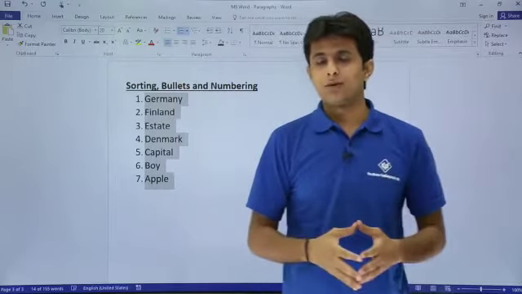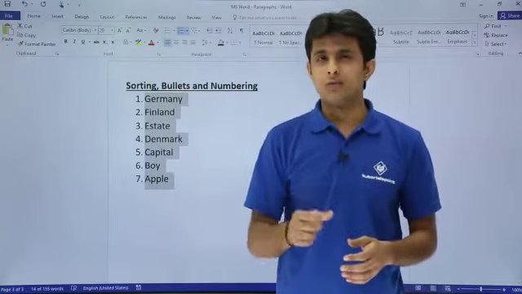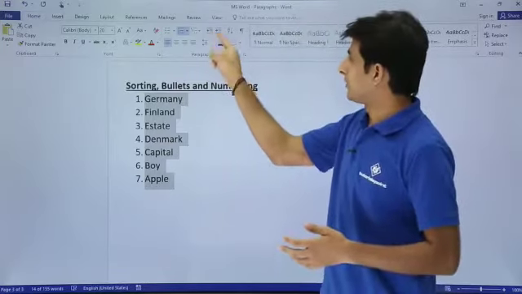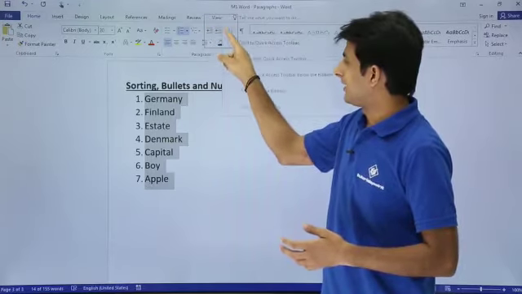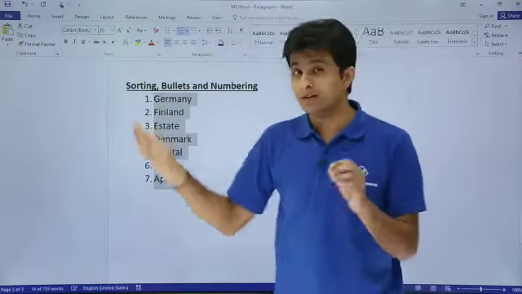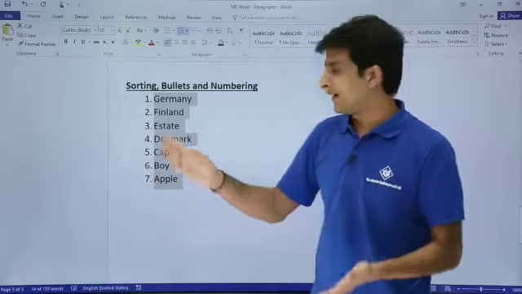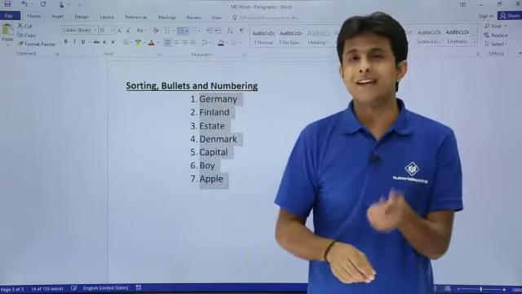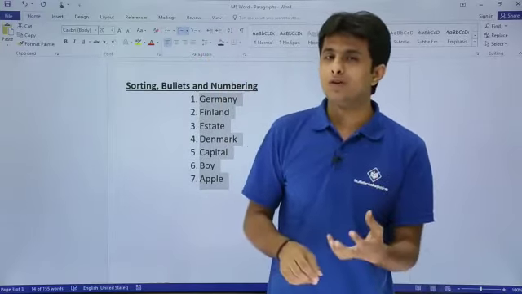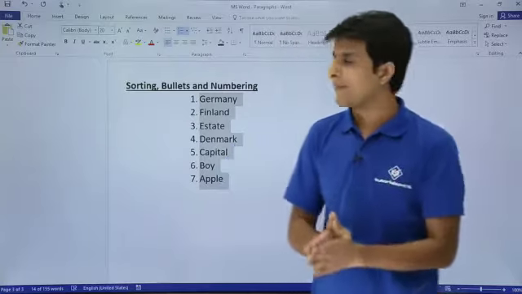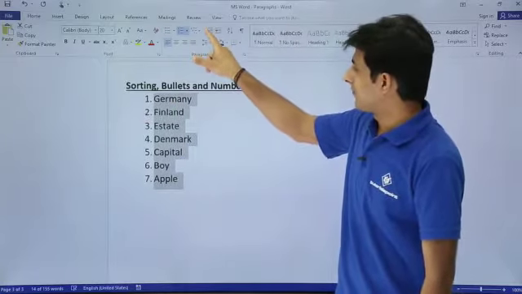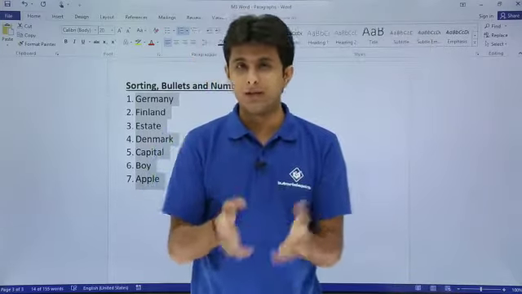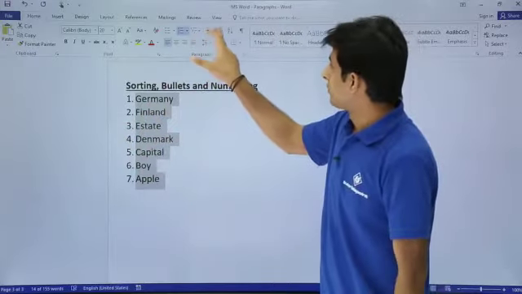Also one more thing I would like to show you here, that is indents. Indents means giving small spaces in a paragraph or in a sentence. I am talking about indents. If you observe here, that is nothing but indents. So if I click on this increase indent like this, you observe what is happening to the text. The text is going to the right hand side, like this. That means small spaces are added. Sometimes you start a paragraph and you want a space with respect to the margin. Same way, if you want, you can bring it back, that is decrease indent. So when you have a lot of text and you want to show something highlighted, you can use this indent option. So I hope you are able to understand.